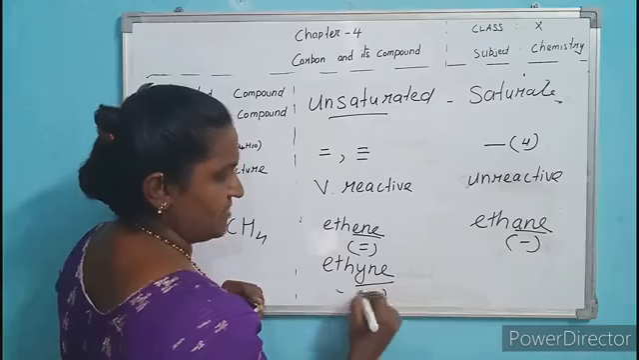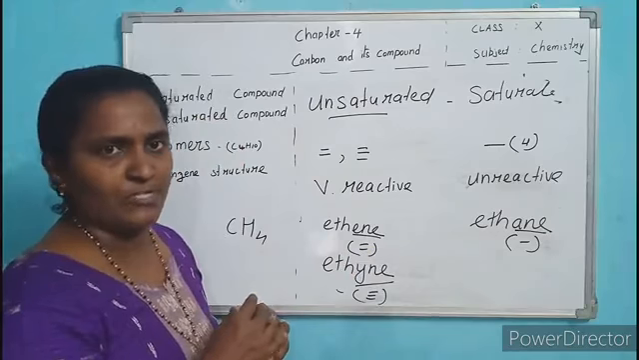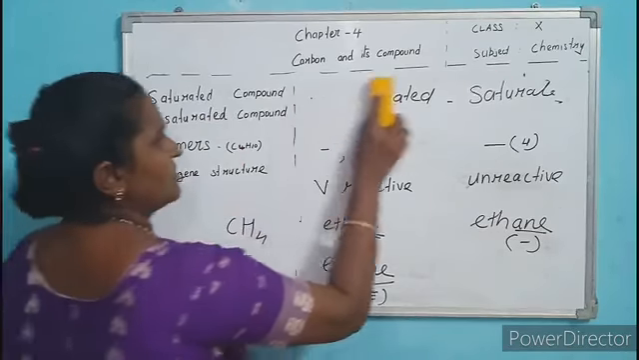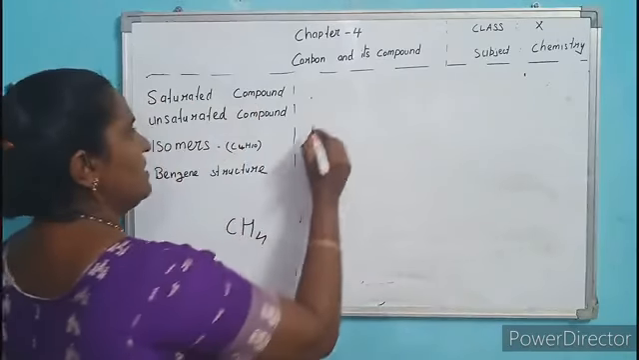This is for triple bond. This is the difference between saturated and unsaturated compounds. Next one is isomers. What is the meaning of isomer? It means